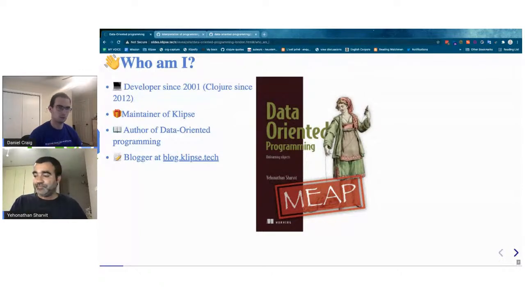interactive in a sense. But let me finish what I started about the challenge. The first challenge is to be able to formulate in a non-Clojure way what is data-oriented programming, what are the principles of data-oriented programming.